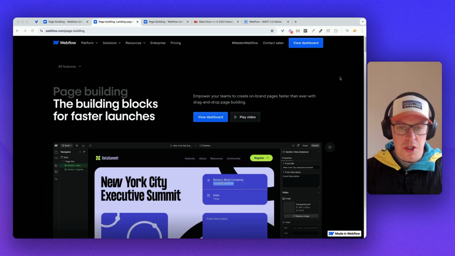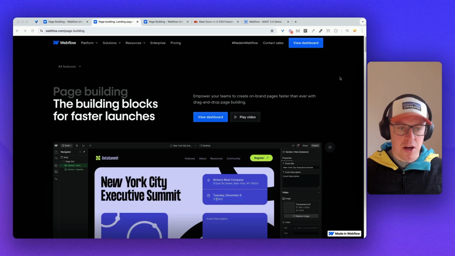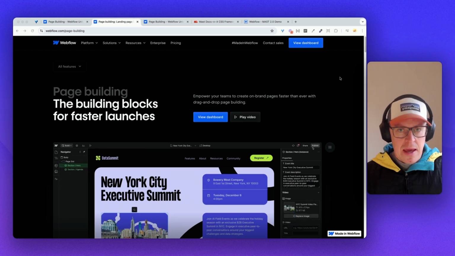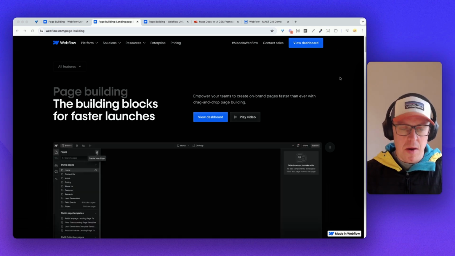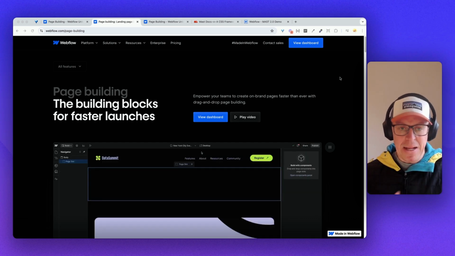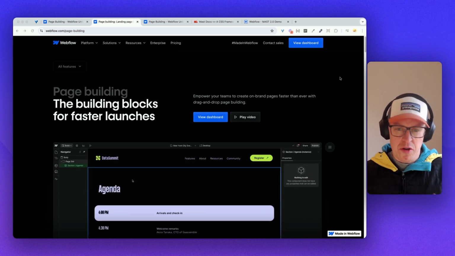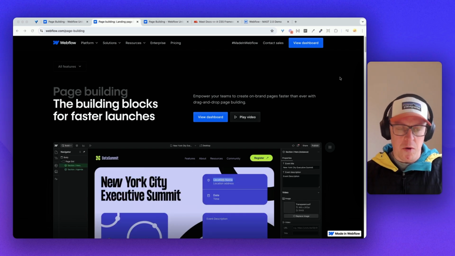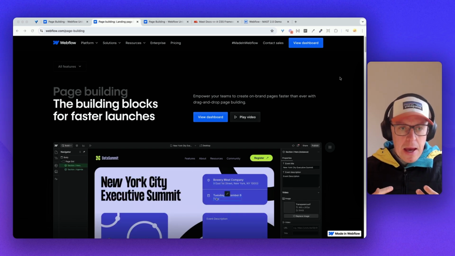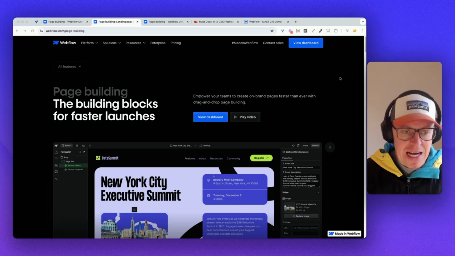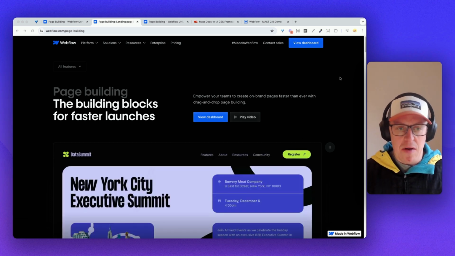So Webflow launched the page building concept a while ago now, and they have these modes where you have essentially a design mode and a build mode. And this is sort of replacing the old school edit mode that we've seen before. On the surface, it's a great feature, but it's actually quite tricky to get your head around how to